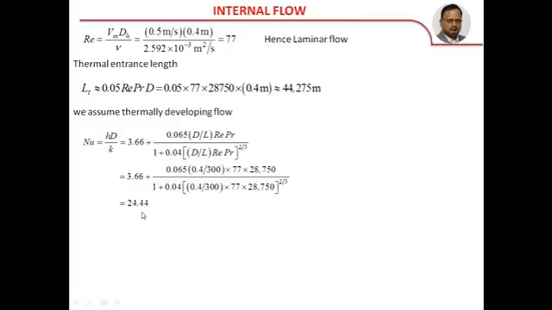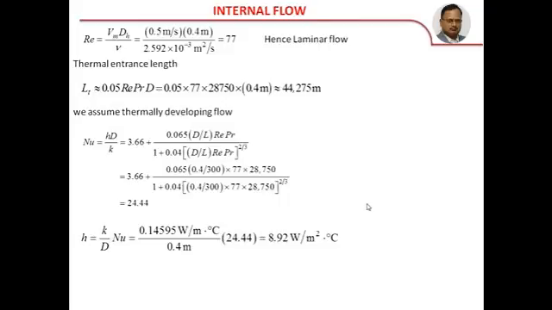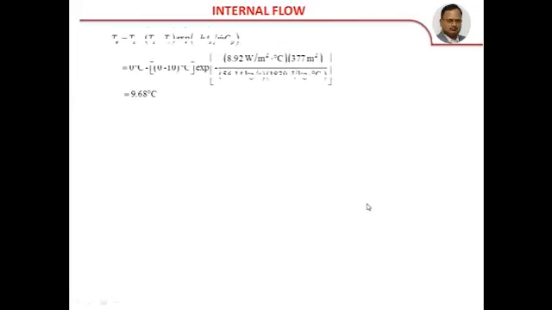But anyhow, the pipe length is only 300 meters, whereas thermal entrance length is 44,275. You can't treat it as a fully developed flow, so we treat it as a thermally developing flow,